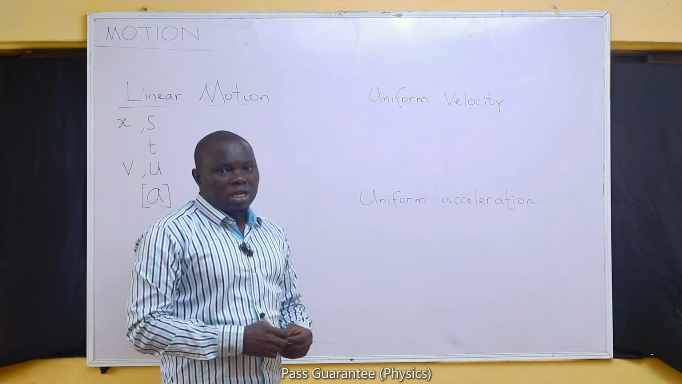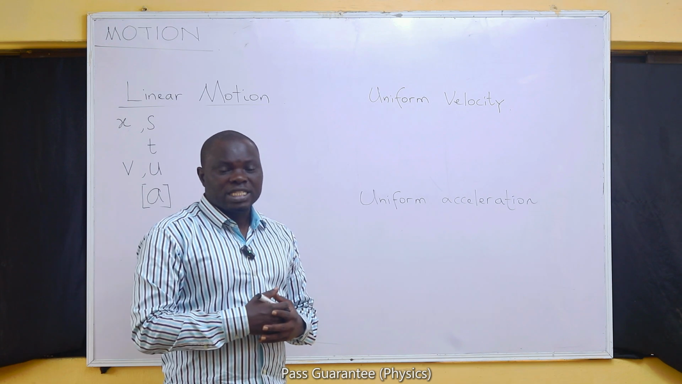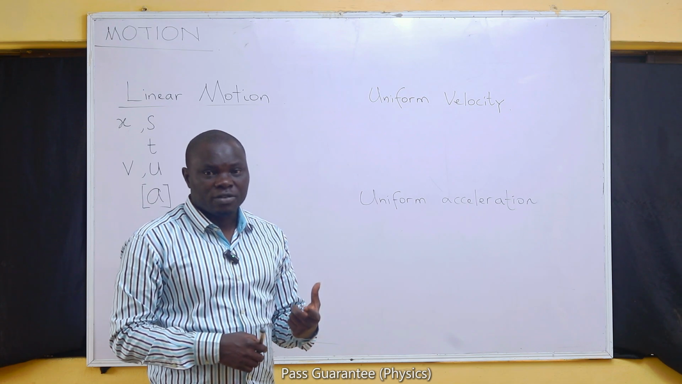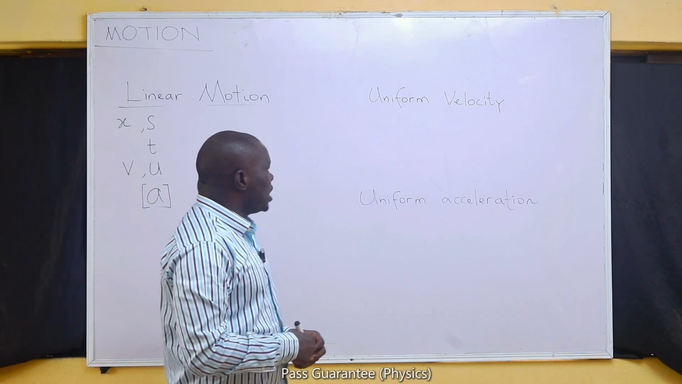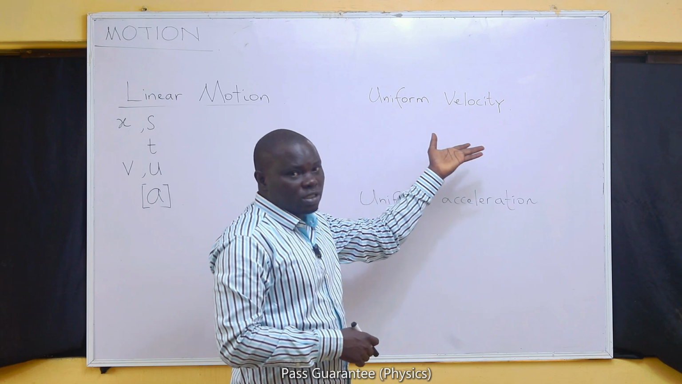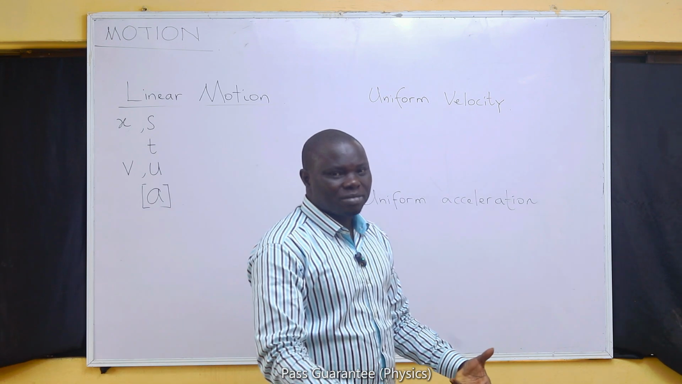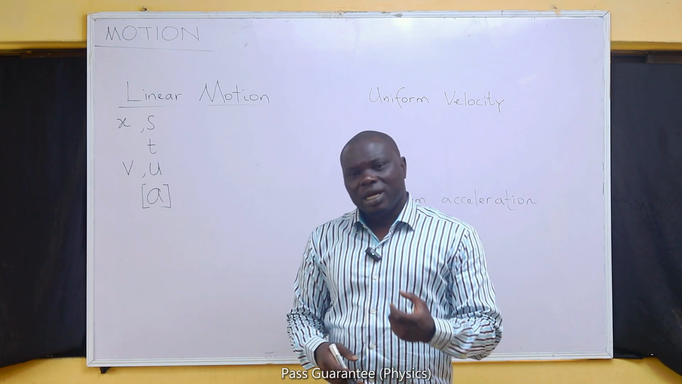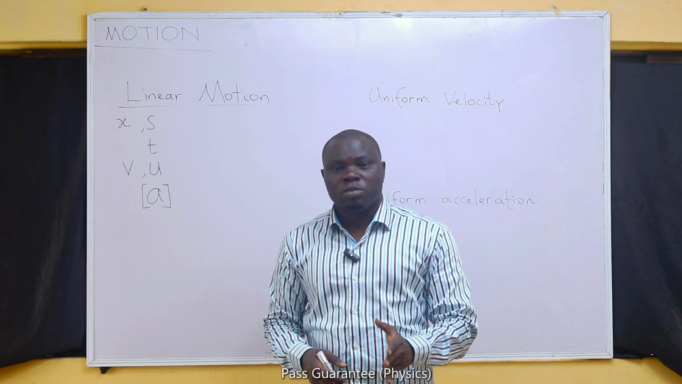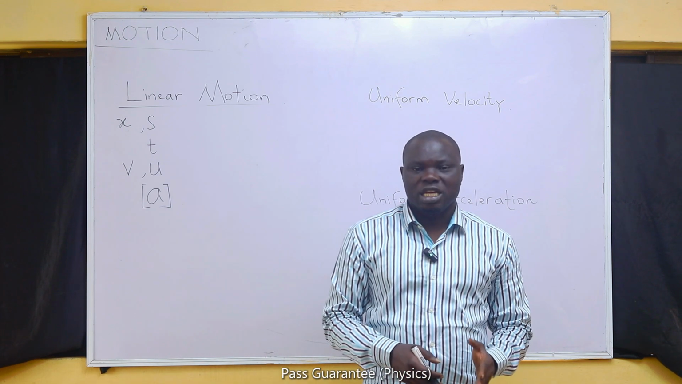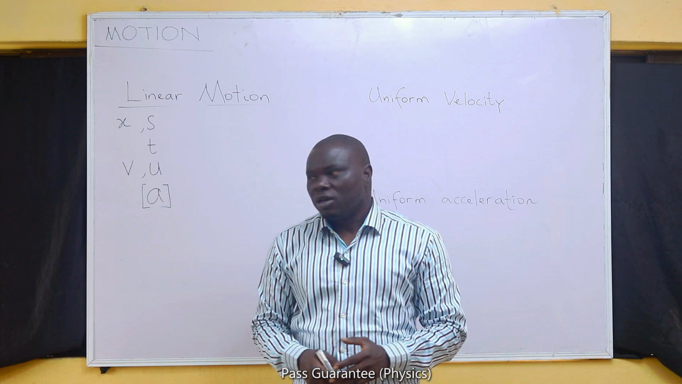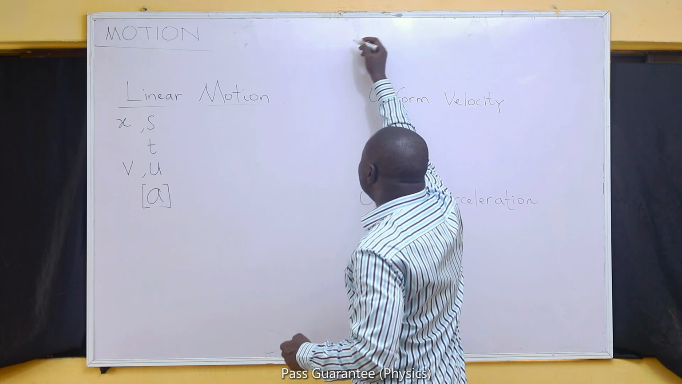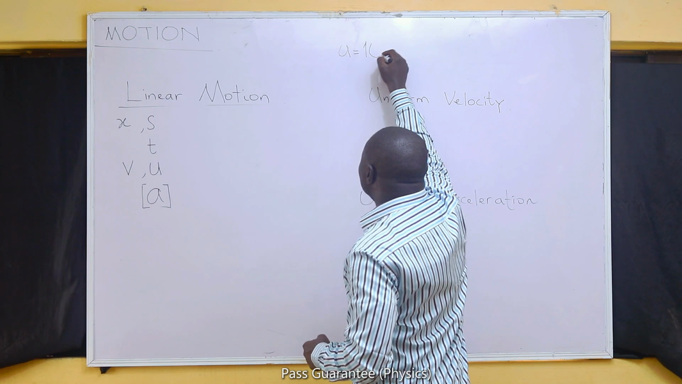Uniform velocity is the velocity that an object will have if its acceleration is not changing. It is the velocity that an object will have if the acceleration is zero. Sorry, if the acceleration of an object is zero, then it's going to move with uniform velocity. In that case, it means at any time, its velocity will remain the same. When that happens, it means that the object will be covering equal displacement in equal time, no matter how small the time may be. For example, if an object decides to move with 10 meters